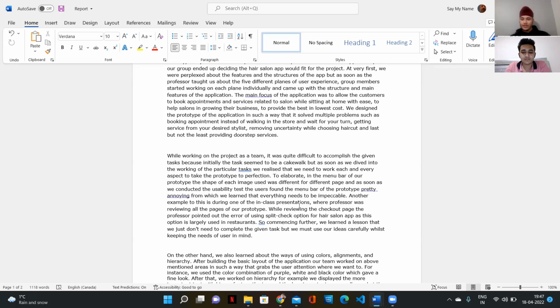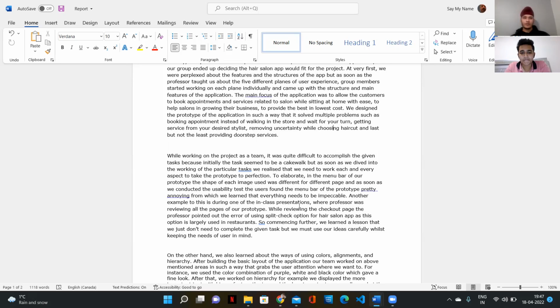So it was a major concern for us. We worked on it afterwards as a team. And one more example which I want to discuss is that we were just copy pasting, searching the designs from the internet, and using those ideas on different pages of the application we were building on Figma.